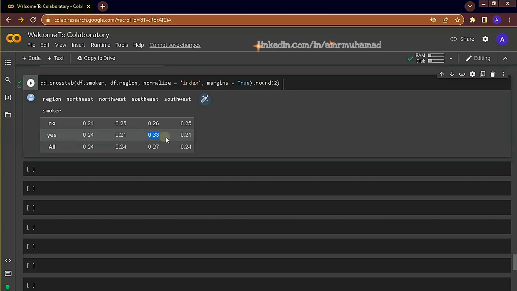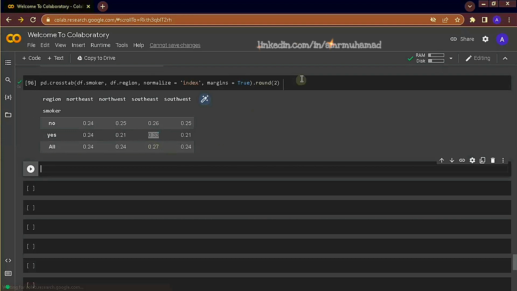And we said earlier that rows add to 100% and columns don't. So this 27% means that the Southeast region occupies 27% of the data, Northwest region 24%, and so on. And for the rows, as we said, the Southeast region has the most concentration of the smoker group.